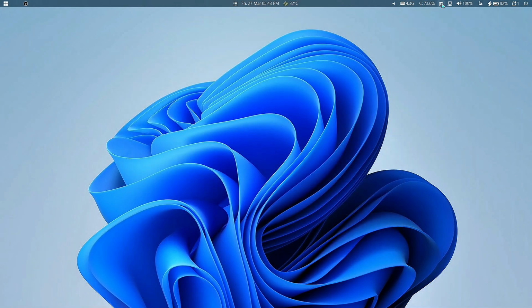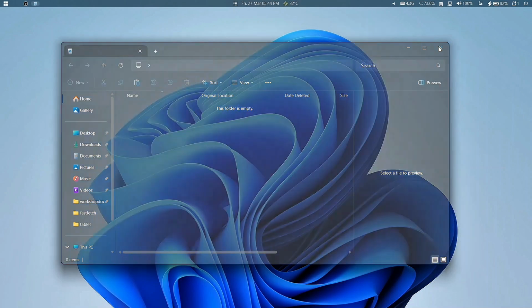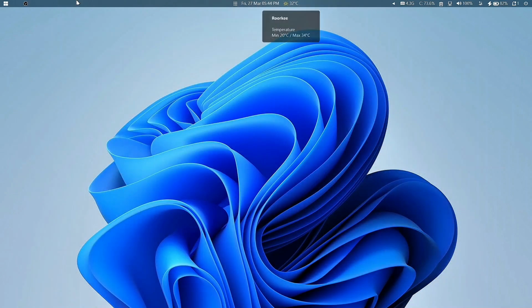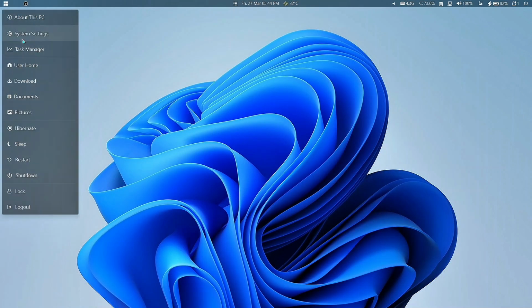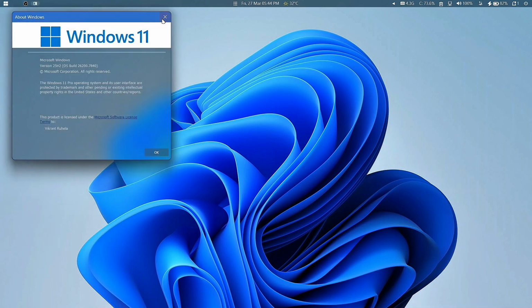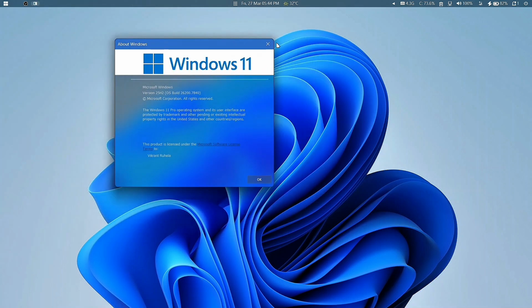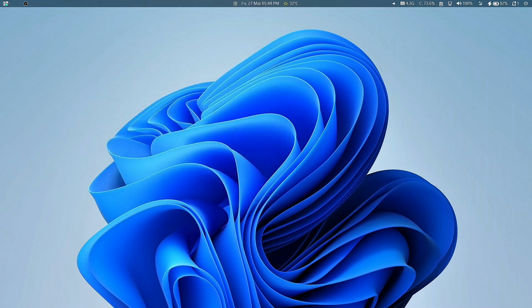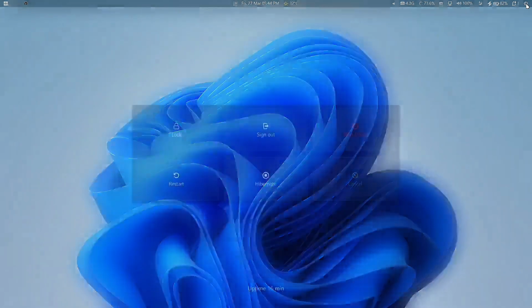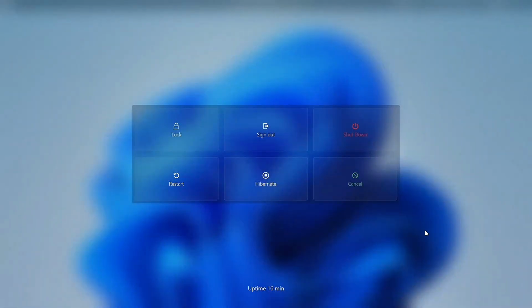You can access recycle bin from here. You also have access to date, time and weather. As you can see, our background blur effect also exists here. You can also access your PC's power menu from here.